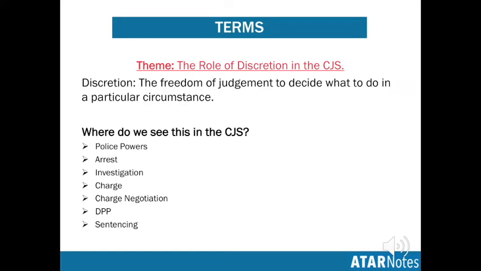But to me, the most simple and one of the most rich ways that discretion is shown in the criminal justice system is in sentencing. So we can talk a lot about discretion when it comes to sentencing. For example, if we're going to be talking about mandatory sentencing, we're talking about the way that removes a lot of the discretionary powers of the judiciary system in this situation here. So mandatory sentencing means that the aggravating factors, the mitigating factors, and everything surrounding what would otherwise be the judge's decision has been taken away in terms of sentencing.